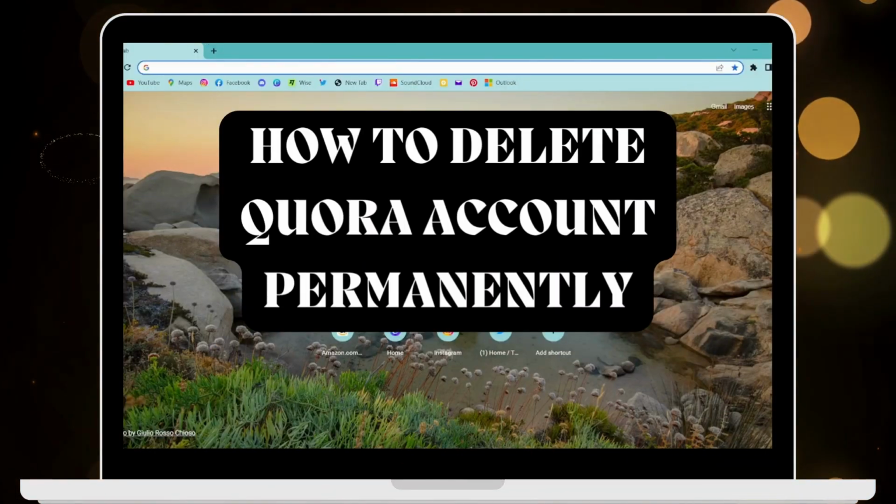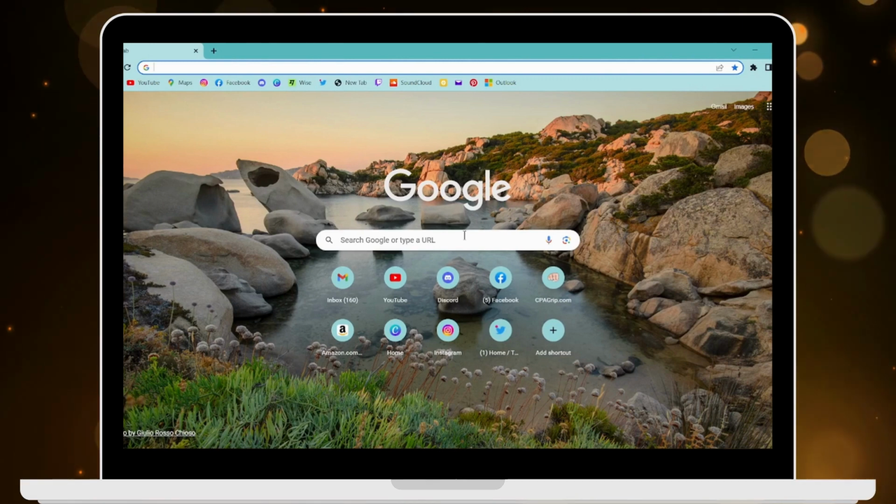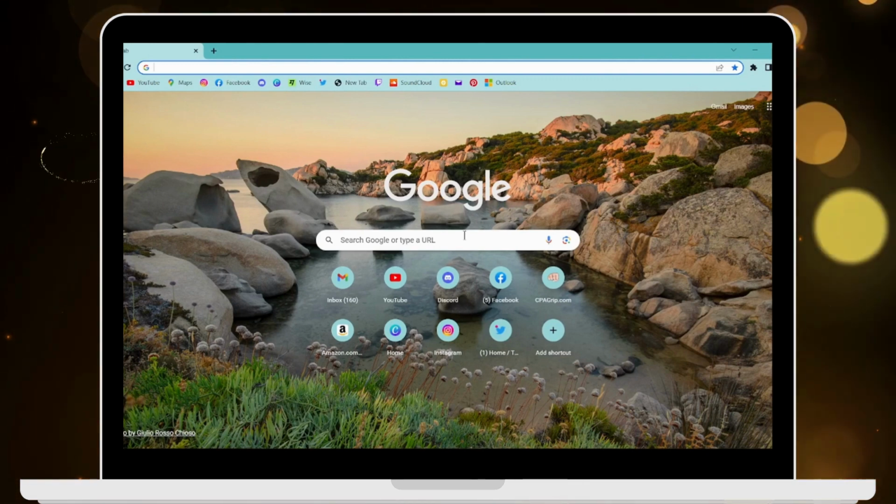How to delete Quora account permanently. So if you want to delete your Quora account permanently, then first of all open up a browser, any browser